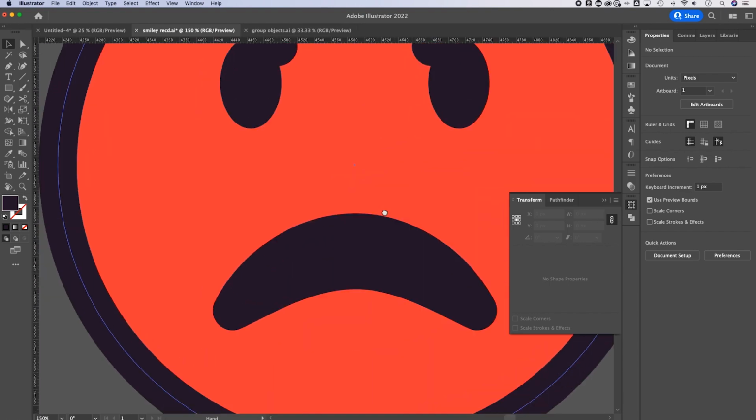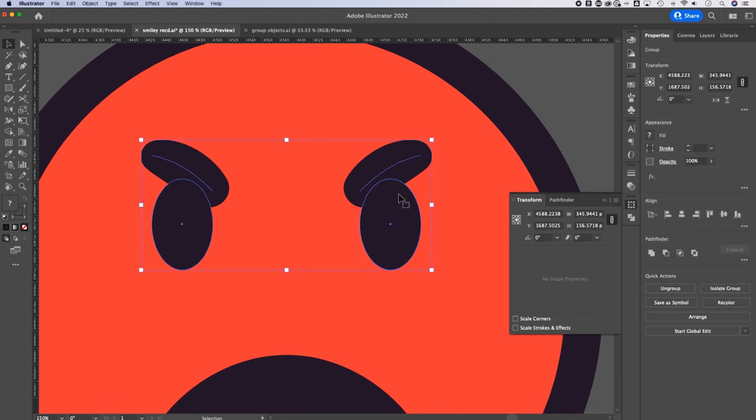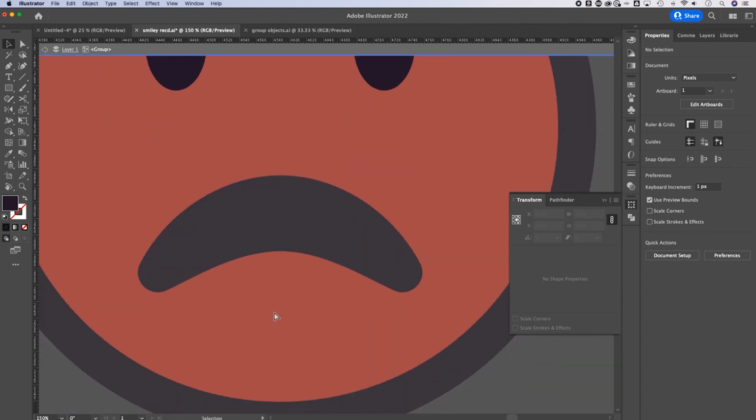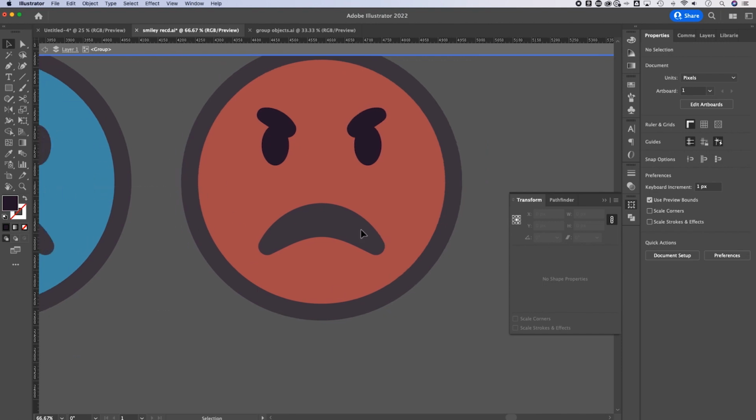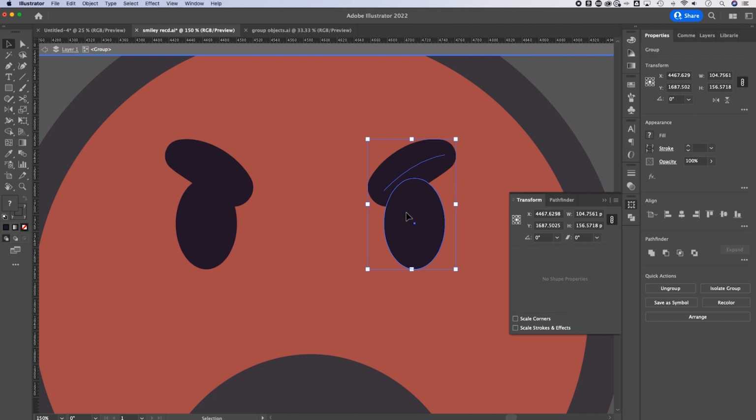Now, I can always make edits to this. So when I look at it, I think these eyebrows might be just placed a little too high. So I can double click into this group, and I'm in isolation mode here. So now I'm only inside this group. I actually can't even select anything else. And you notice everything else is grayed out